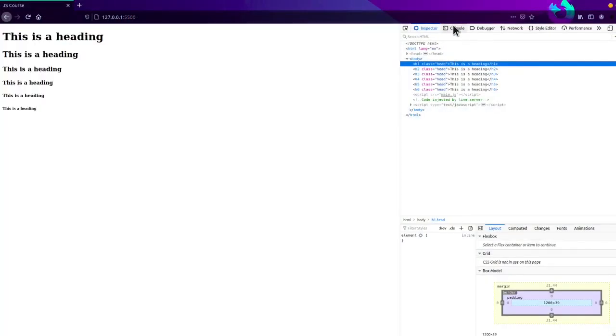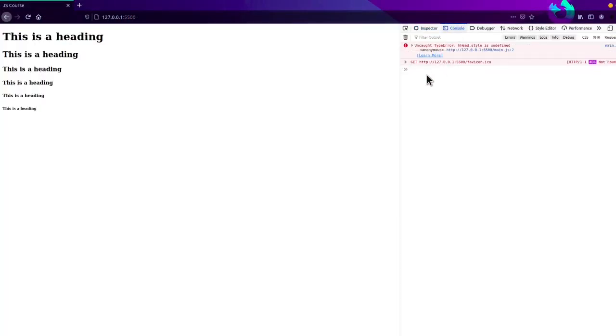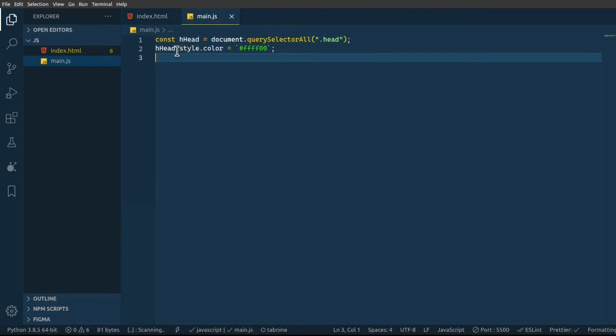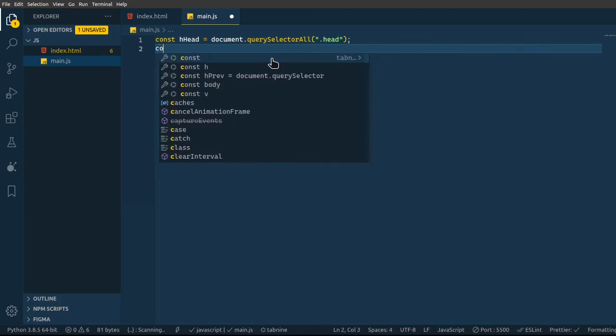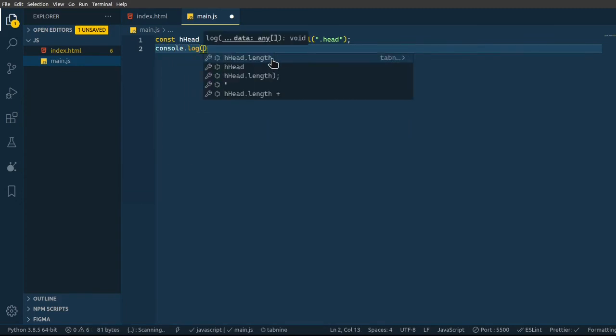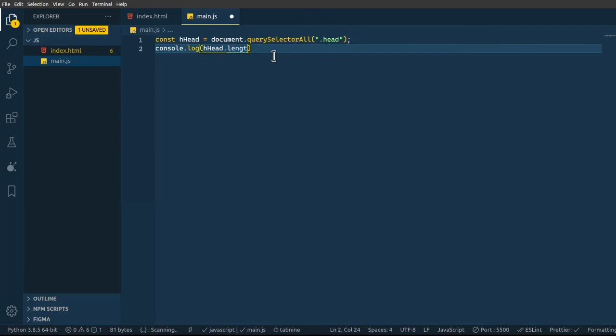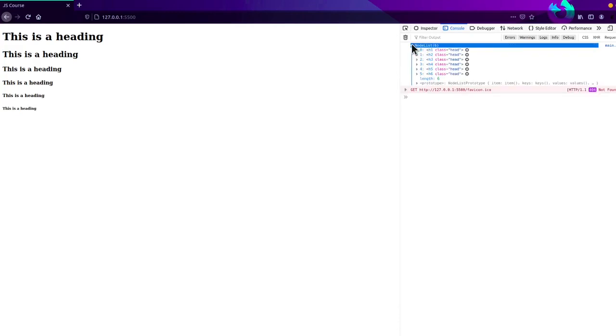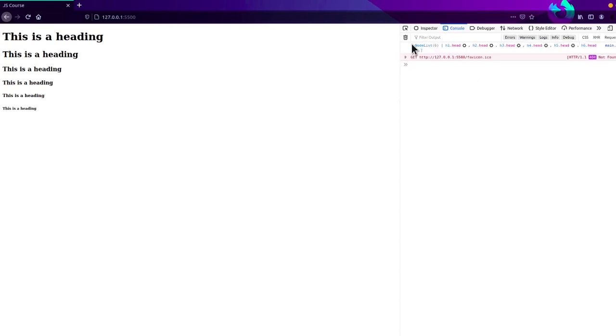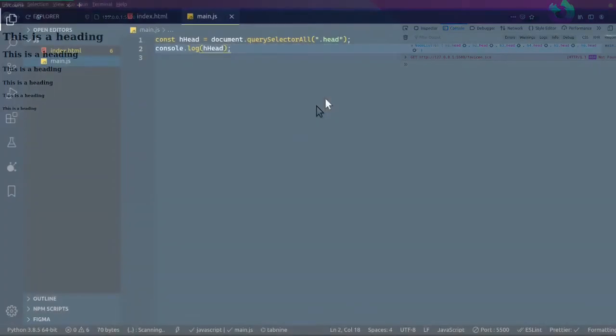So now let's see what's the problem. Okay, so we got an error. The head.style is undefined. So wait, we'll just console.log head. Console.log is helping us to debug the problem. So usually I don't like problems, but what can we do? So as you can see, it has given us an array again. So what we do is just of zero dot style